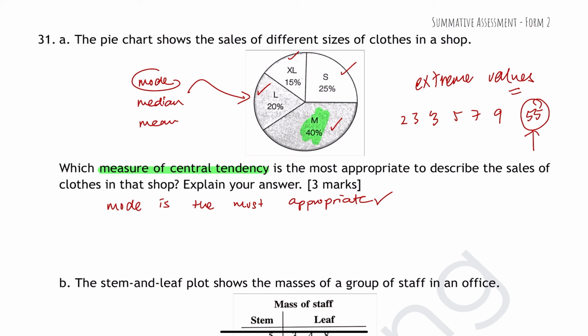For mean, normally we will be looking at it through the determination of performance. For example, if you are choosing a student from a group of students with a better performance in terms of their results, probably mean is being used to check whether these students can actually score well. Okay, so in this case, mode is the most appropriate one because